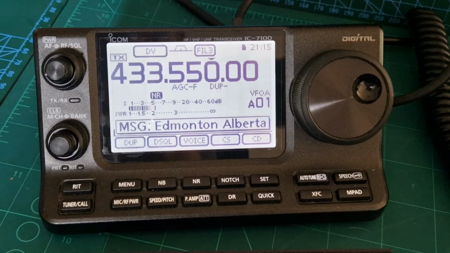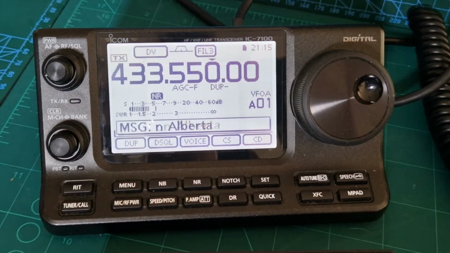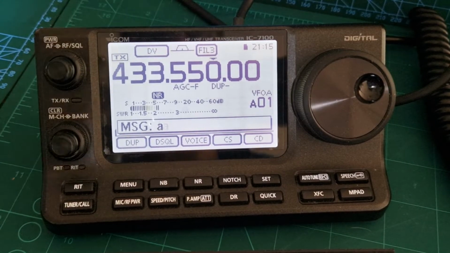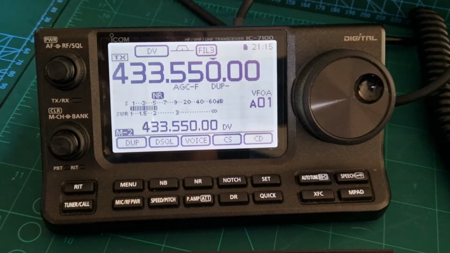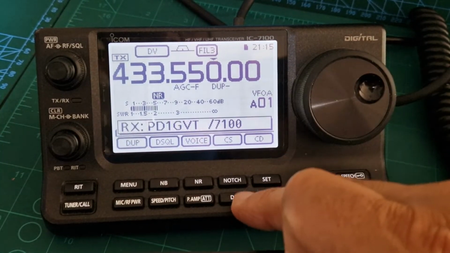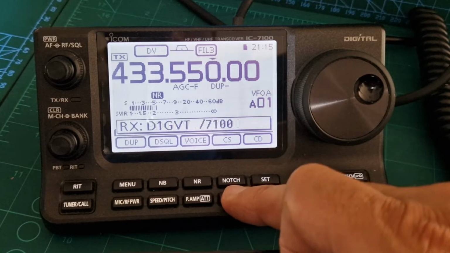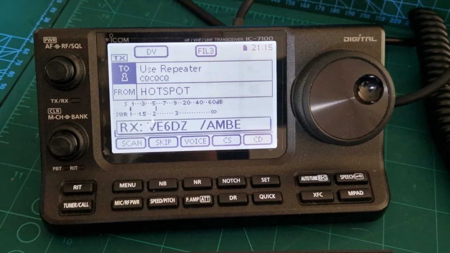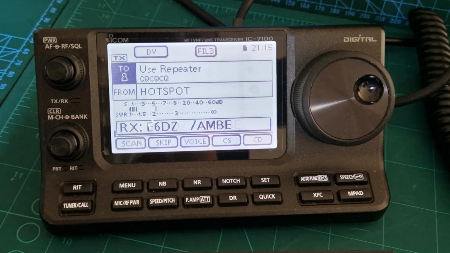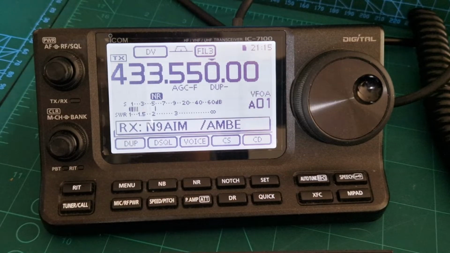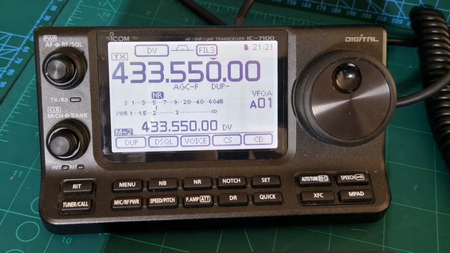M0FXB. So we're going to show you how to add a digital connection to your hotspot or repeater using a normal VFO channel. And you'll be able to store this to memory, because normally you would use DR mode. If I hold down DR here, that's DR mode, okay? Now in DR mode, you can actually add ordinary repeaters, FM analog repeaters, but that's for a separate video. But this video is to show you that if you've got your hotspot at home and you've set it on,